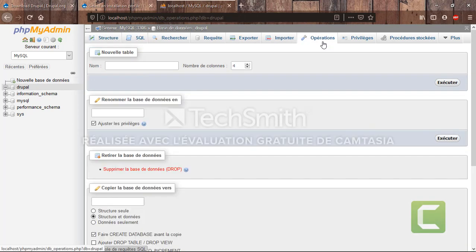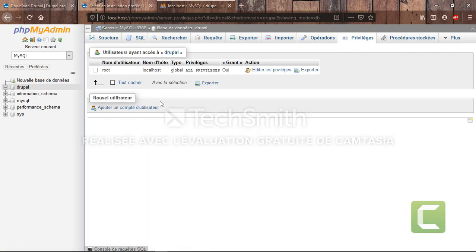We can add users, and we can change the privileges of the users too. We can delete the database and many other things. I'm going to leave the user as the default because it's just to show you how to do this and how to install Drupal and use it. So I'm just going to leave everything by default.